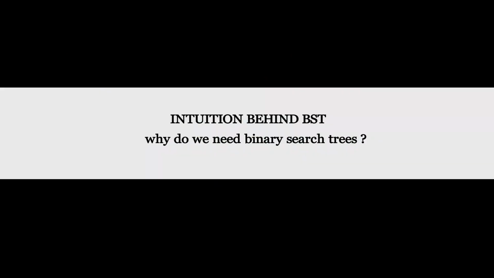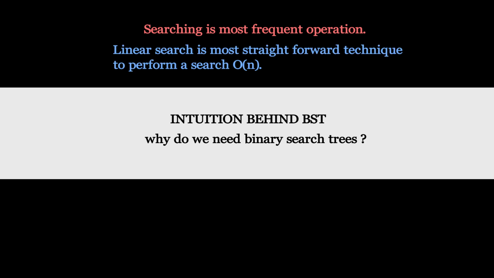Let us now discuss the intuition behind binary search trees and why we need them. See, insertion, deletion, and searching. These three are the most common and most frequent operations that you can perform on any data structure. Because this video is about searching in a binary search tree, we are not going to discuss insertion and deletion. We all know what searching means, that is, to look up a specific element in our collection. And we also have a very straightforward technique to implement this. We call it linear search, whose time complexity is O(n), where n is the number of elements